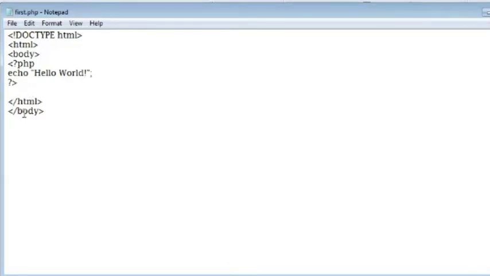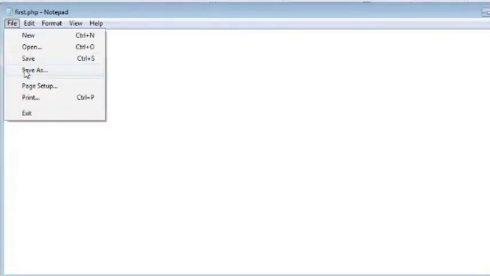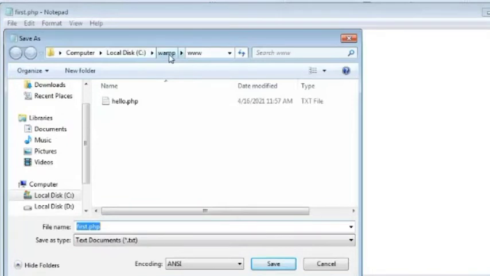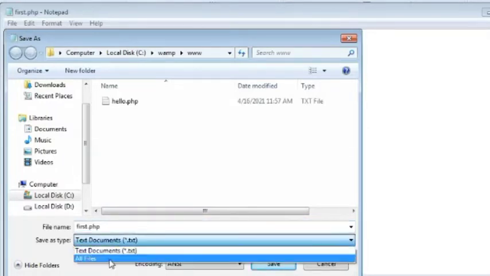Where do we store this program? Just use Save As. Once you install the WAMP server, a WAMP folder is created in your C drive. Inside WAMP, there is another folder called www. Here I saved my program with the name first.php, and you save the type as All Files.